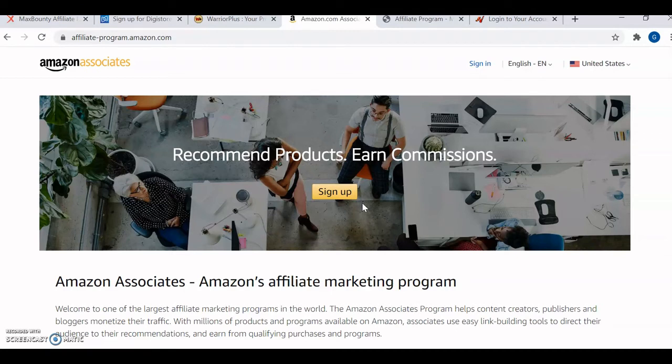They have different categories. For example, in a category like kids stuff, you can get paid like 5% of every product that you sell. Depending on the category that you choose, you get paid a certain percentage, but all this information is inside the platform. Once you sign up, you'll be able to access all that.